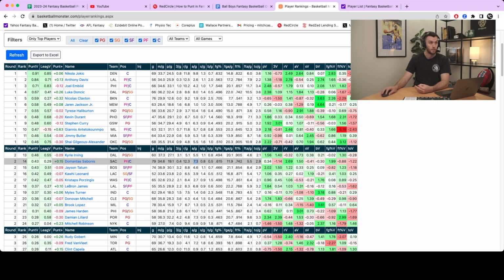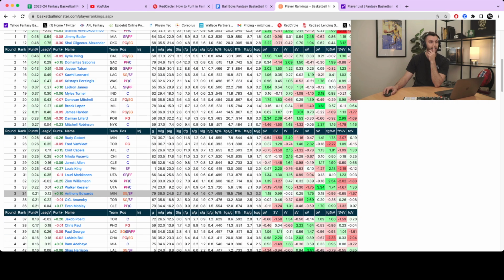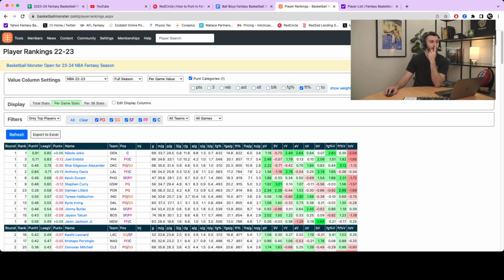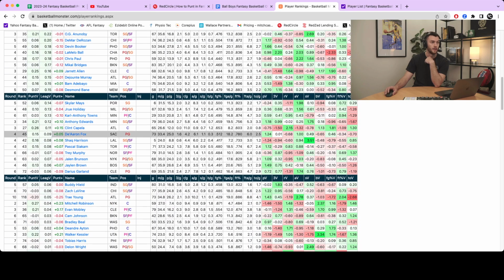It does help me with my assists. I've got Luka Doncic, so I've got a really good base in assists and a good base in points. Maybe though I want to be competitive in three-pointers. If I did that, someone like an Anthony Edwards could be a good way to go, and I can lock in my points here, because in the next round, if we fast forward to round 3, there might potentially be a Walker Kessler available.